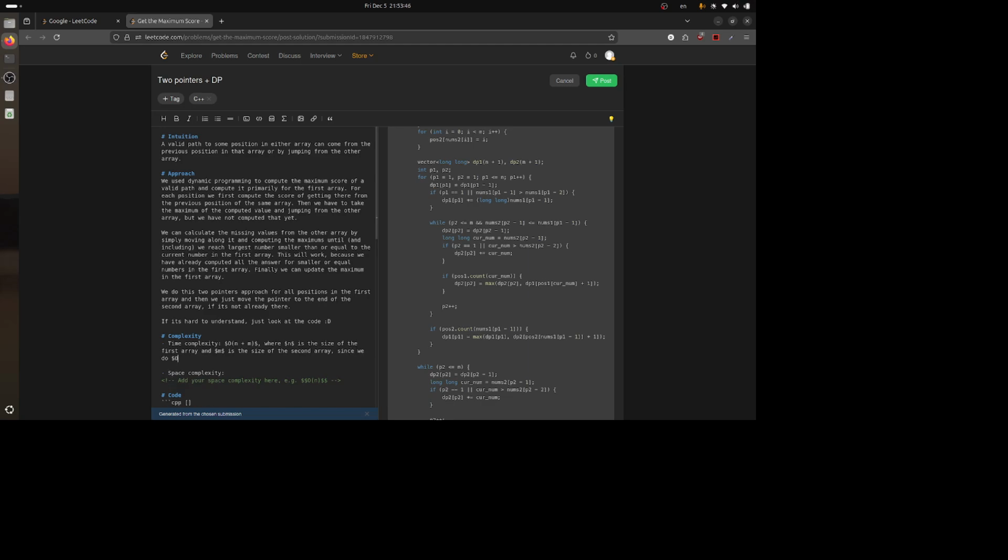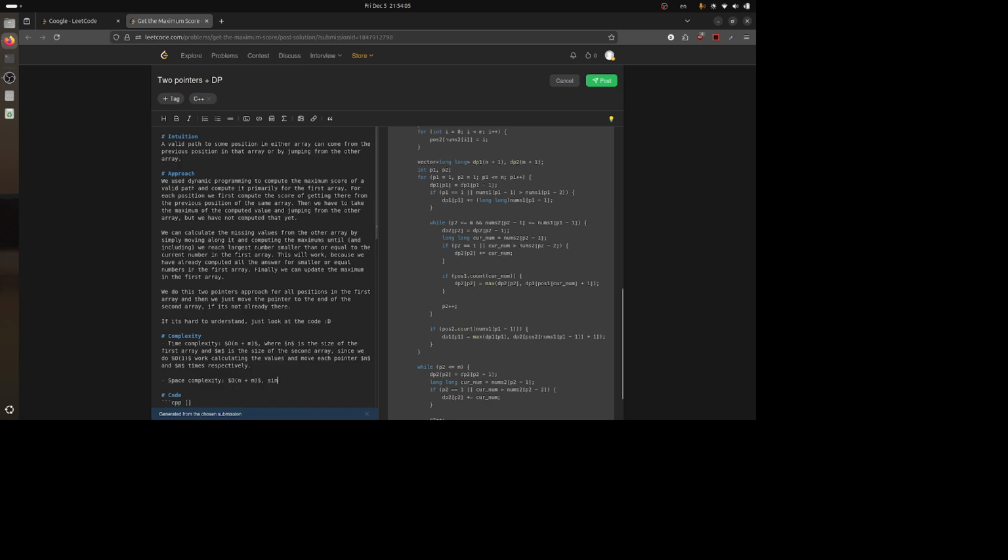Since we do O(1) work calculating the values and move each pointer n and m times respectively,